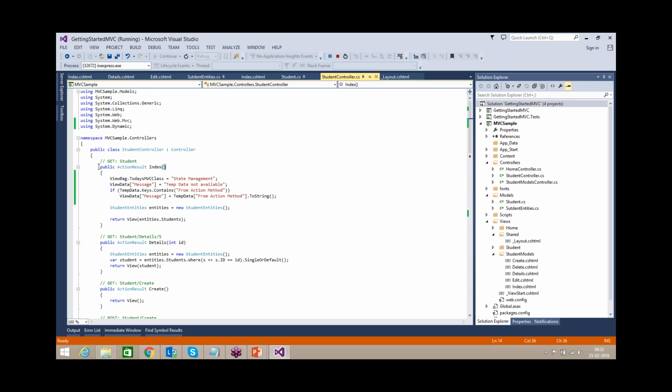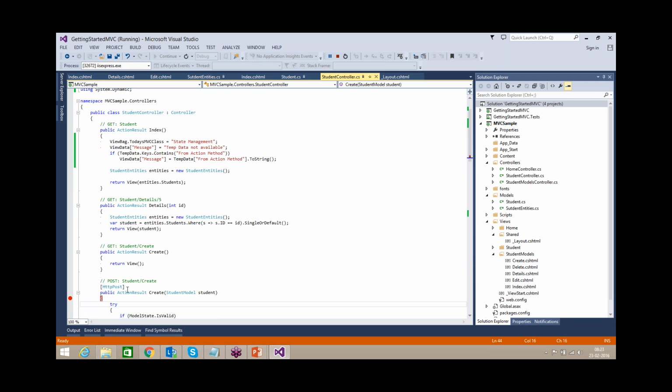By default, if you don't mention any attribute on top of your action method, it is considered a get method. We have many action methods in this, but by default if you don't mention an attribute like this, it is a get method. So this action supports the get method.